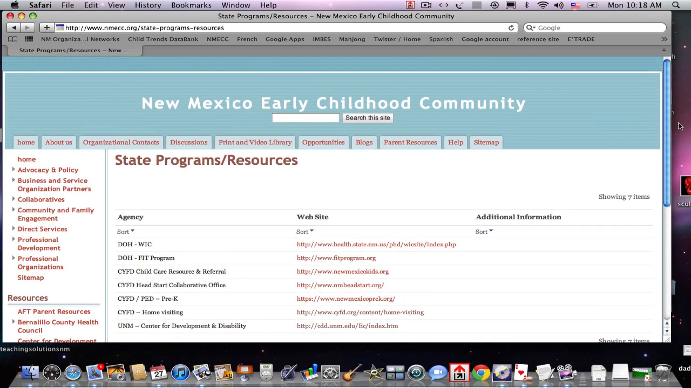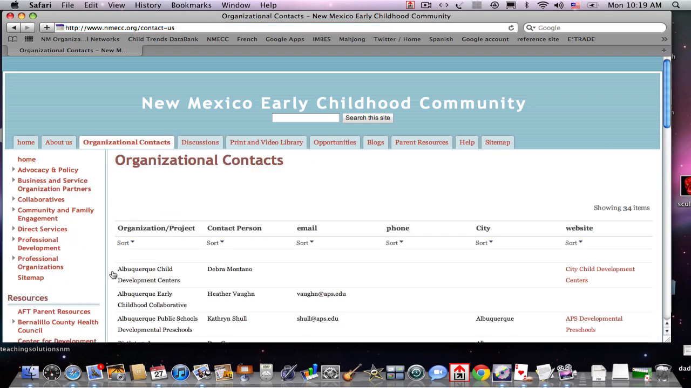Okay. Then you also notice the other part is our horizontal navigation bar. These are a little bit more geared for direct interaction from users, as well as helping our contributors navigate and make sure that their information is where it needs to be. So if we have organizational contacts, not everybody that's in our organizational contact list necessarily has a landing page,